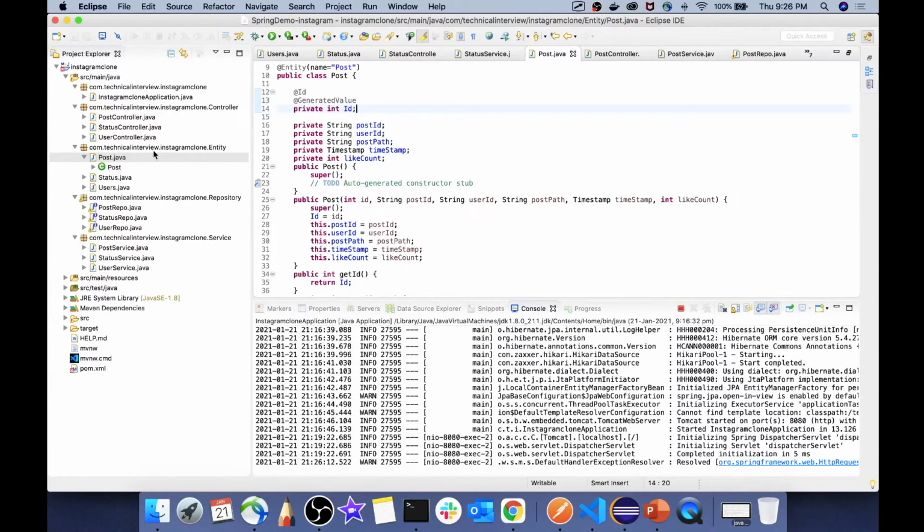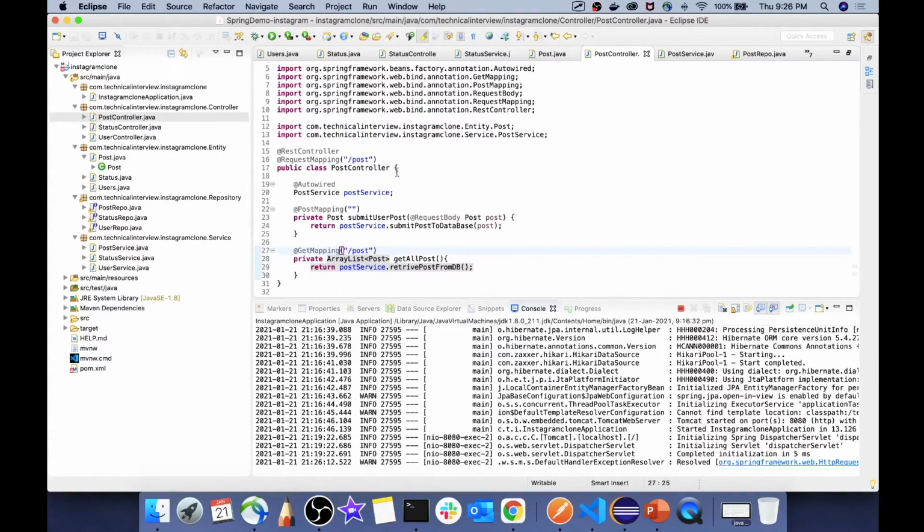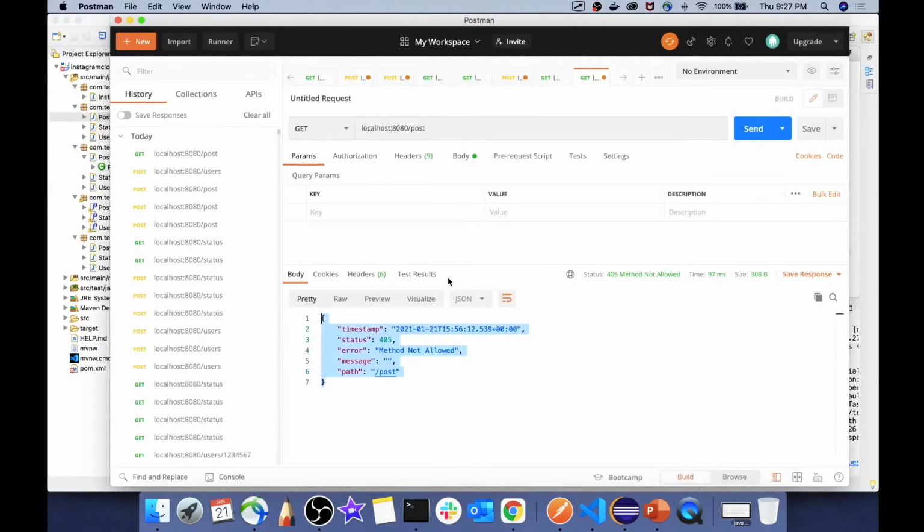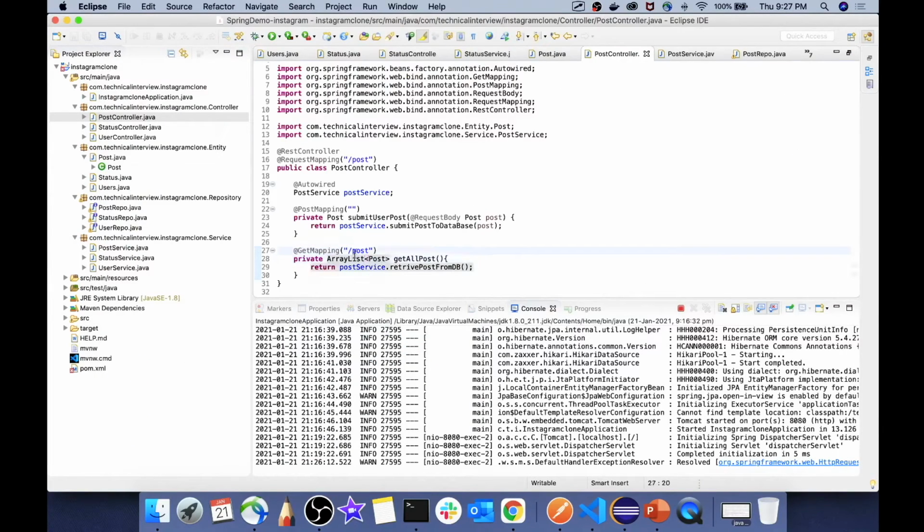So we'll go to the controller called post controller, and over here if you see we have changed the URL pattern to something different. So actually what we have done over here, to invoke this function we have to give /post/post, then this functionality will work, but that is not what we meant in our documentation. So we'll just remove it from here, and let's rerun the server.